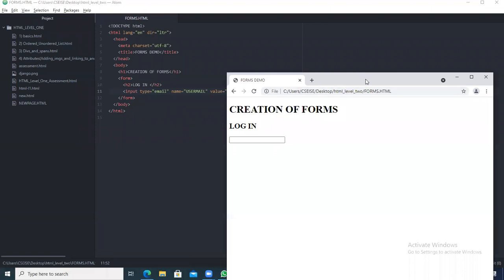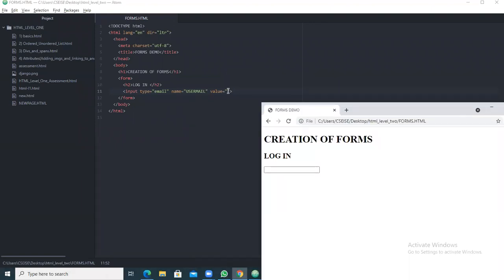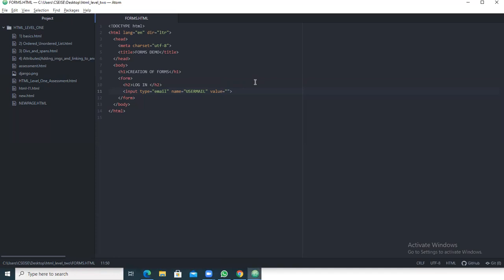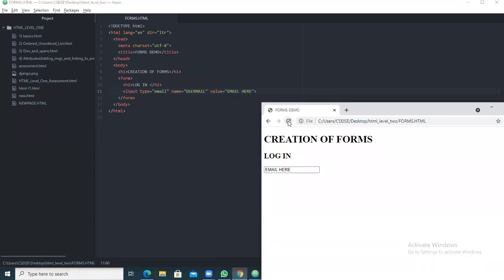Okay, so now you come for the value part. Under the value part, you give it as email here. Save the contents and run your page. You will be getting email here. Understood? So input type is equal to email, and the name can be given anything else.